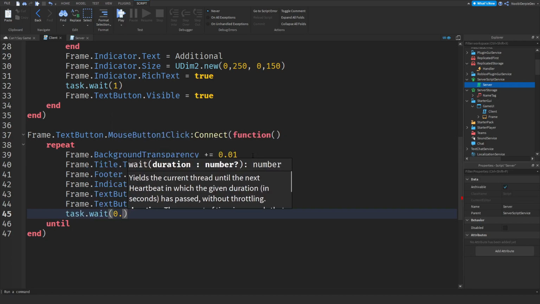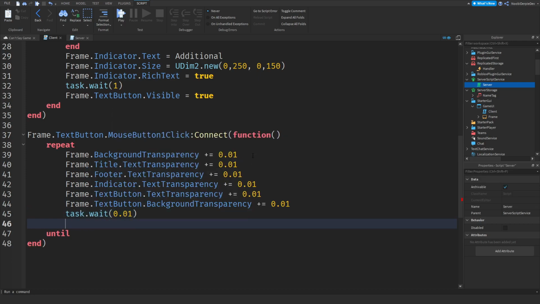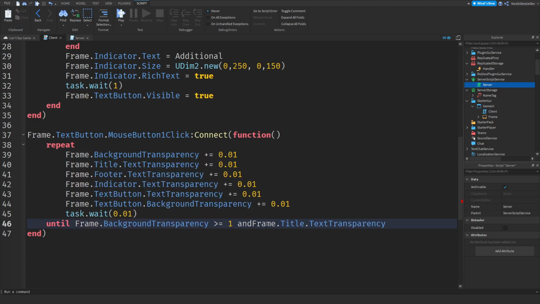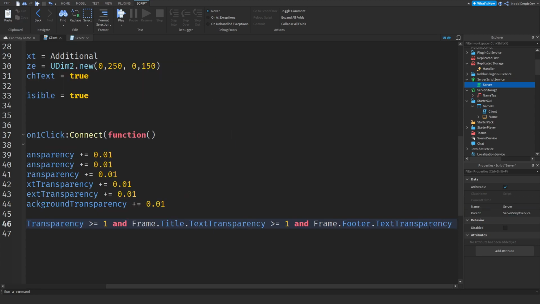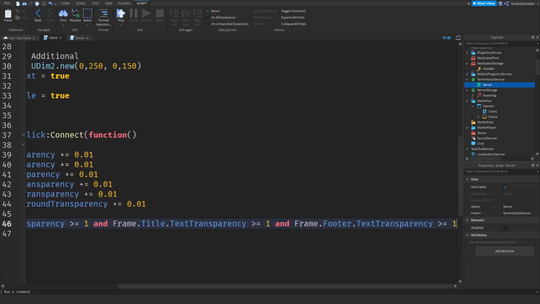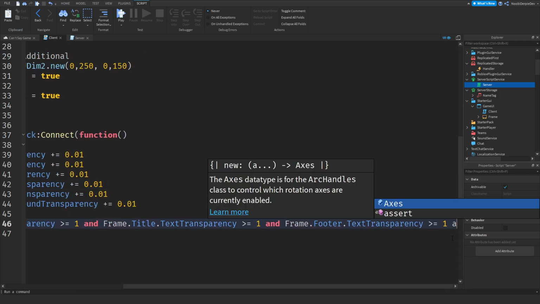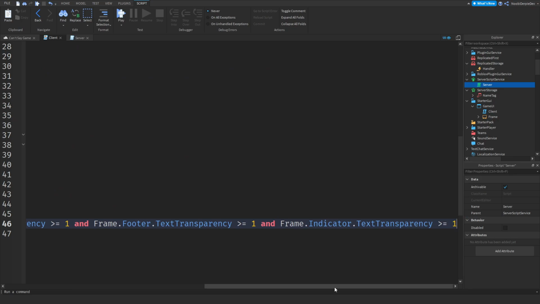We're going to do this every 0.01, you could have guessed, and we're going to do this until. Make sure you just copy the lines. So until this is the same or higher as 1, and this is the same. This is also the same or higher as 1. Then the next one, and that is higher or the same as 1. And then the next one, and this is higher than 1, and two more to go.